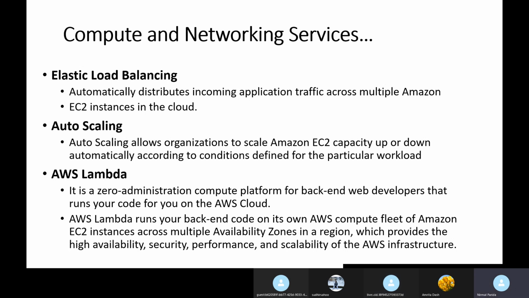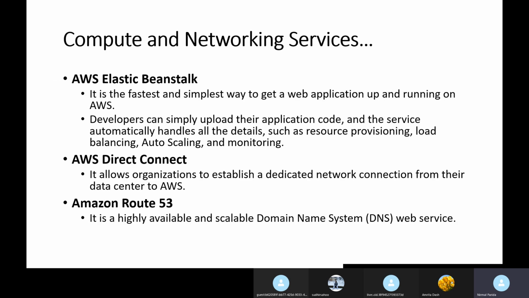Similarly, you can create many types of instances like Linux, CentOS, Ubuntu, Fedora. Many OS are supported by AWS EC2 instances. We'll discuss this maybe next class or the class after. We'll see in detail how we can connect. This is just an overview.